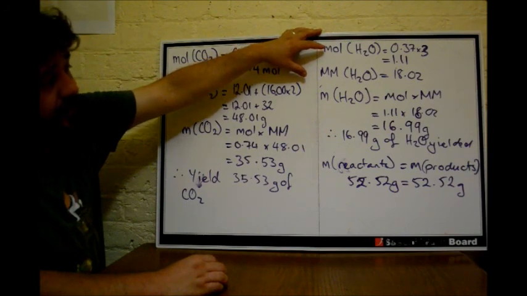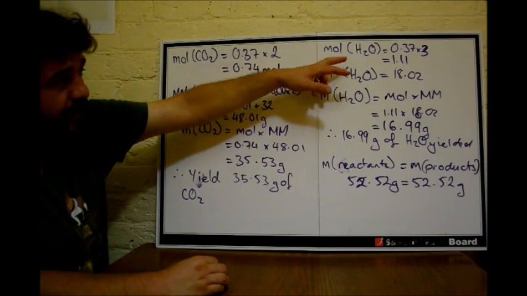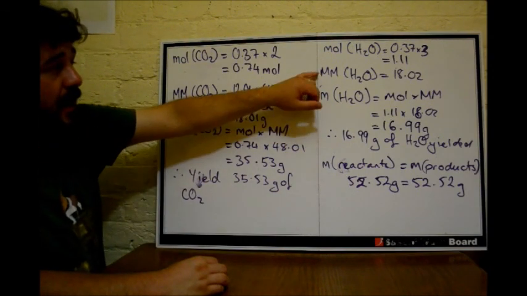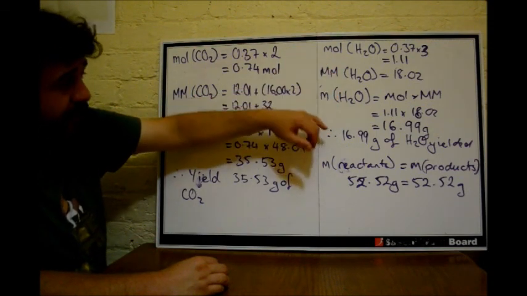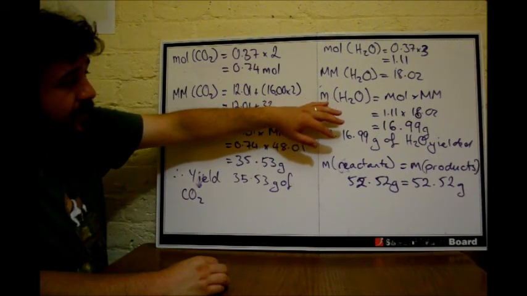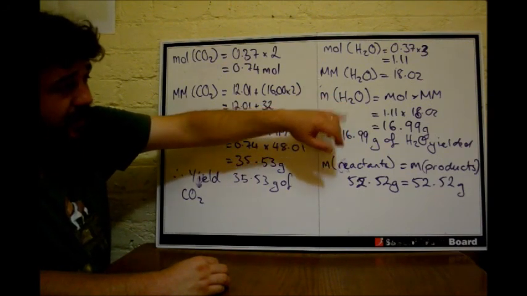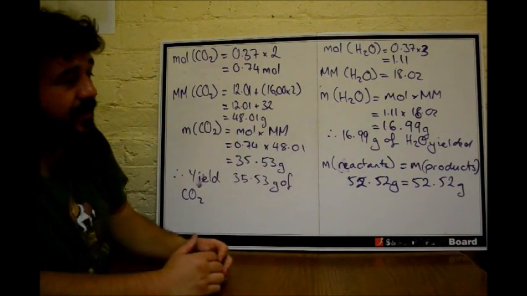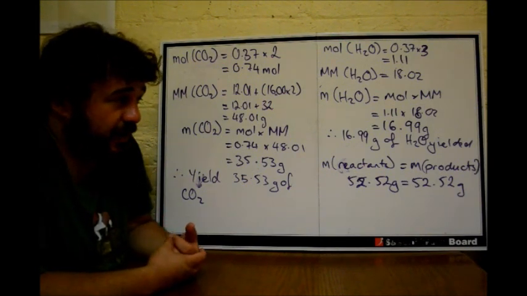Water. Okay, so again, same as with oxygen. We've got 3 times 0.37, so we're going to have 1.11 moles. Our molar mass for that is 18.02. It's the same as the first video. Chemistry didn't change between now and then. The mass, what are we going to get? It's moles times molar mass, 1.11 times 18.02, and it's 16.99 grams. So we will yield 16.99 grams, which is also 16.99